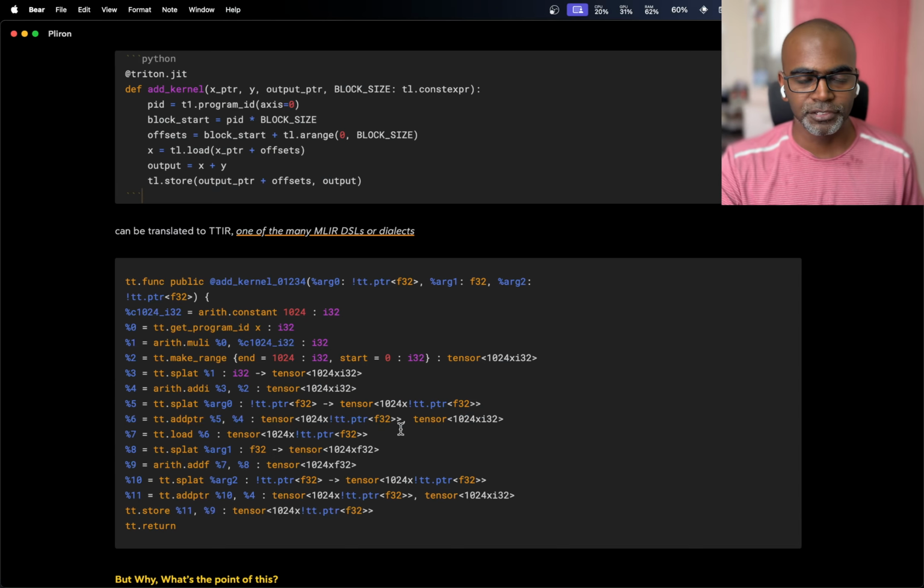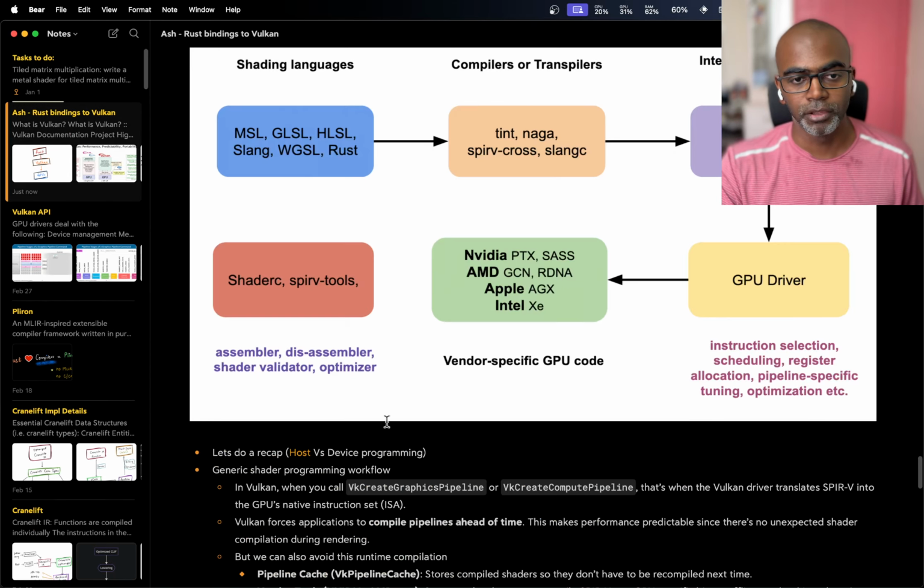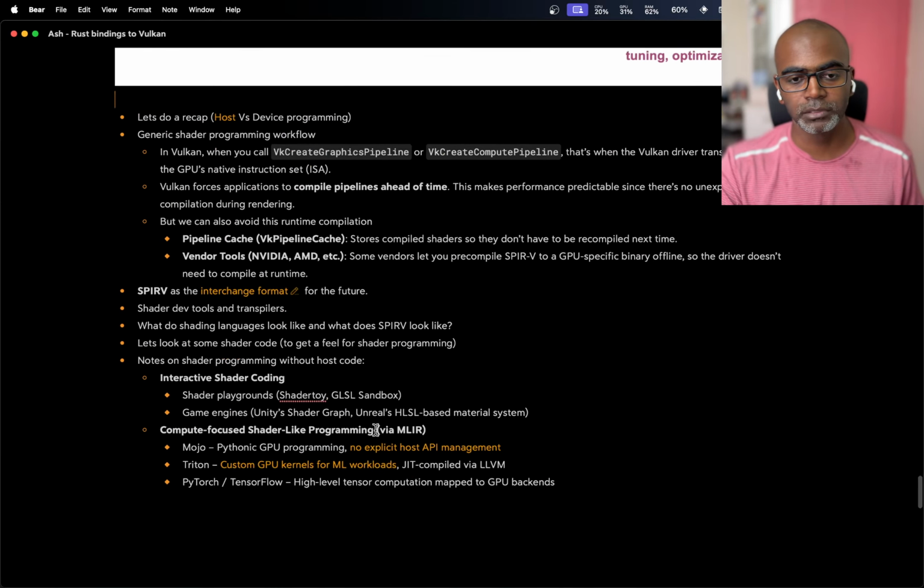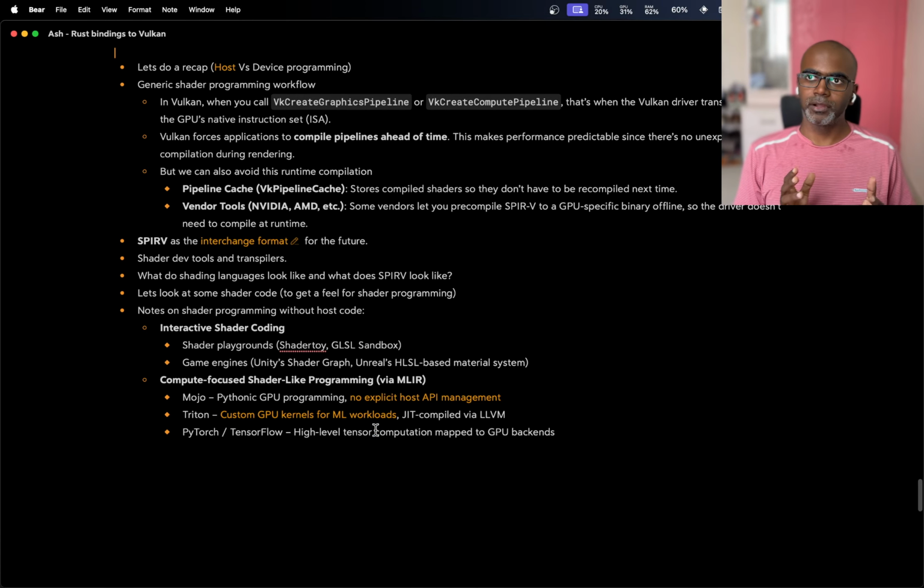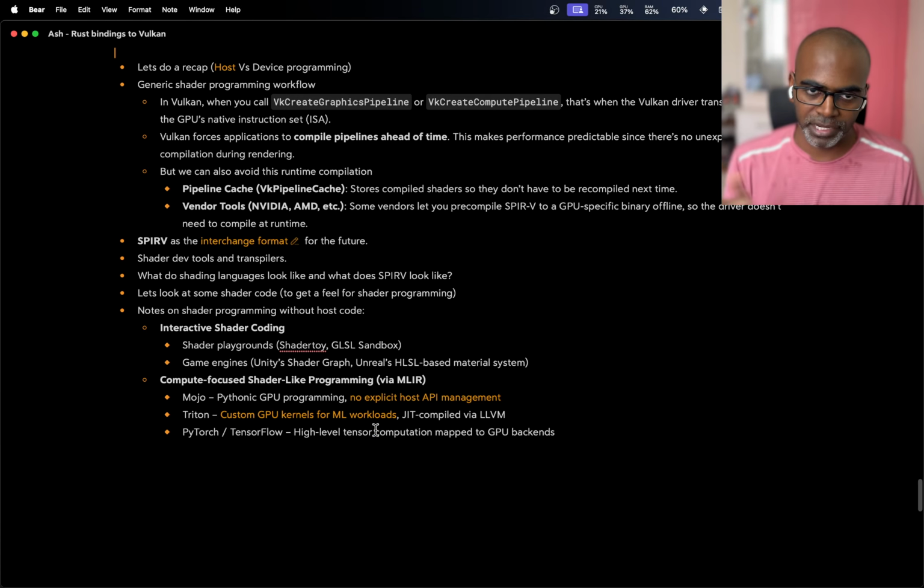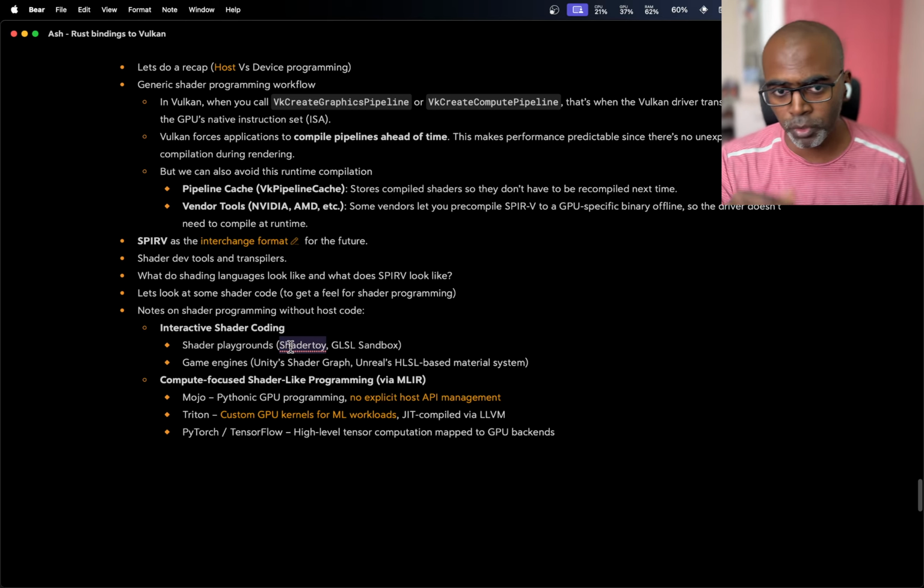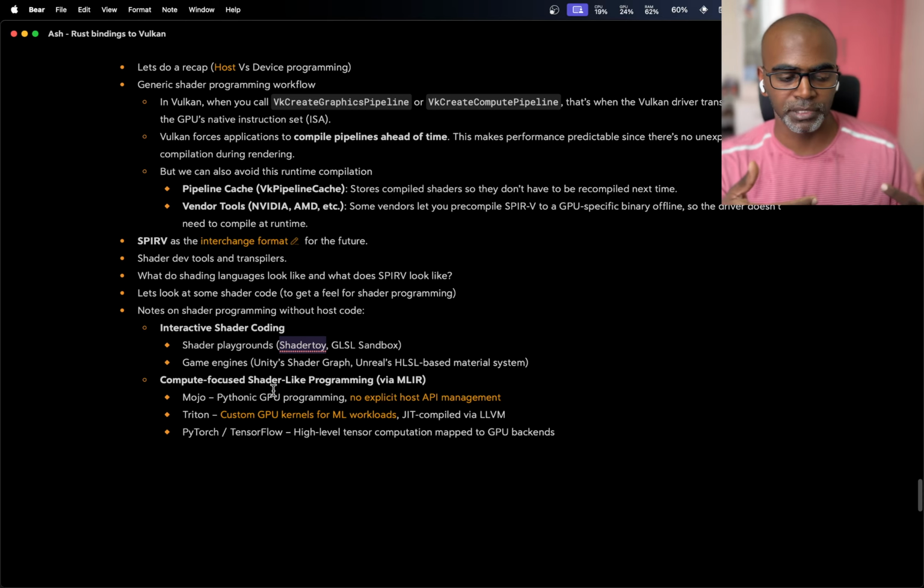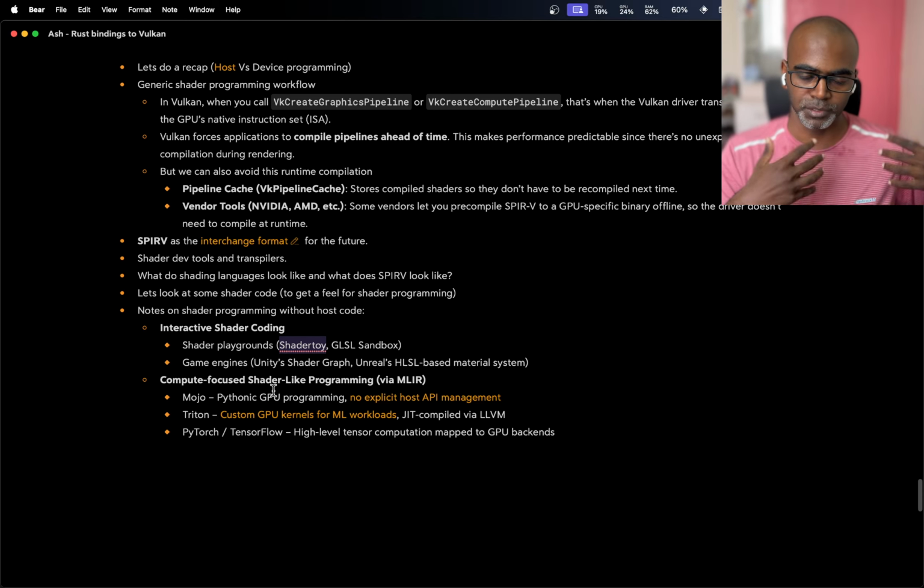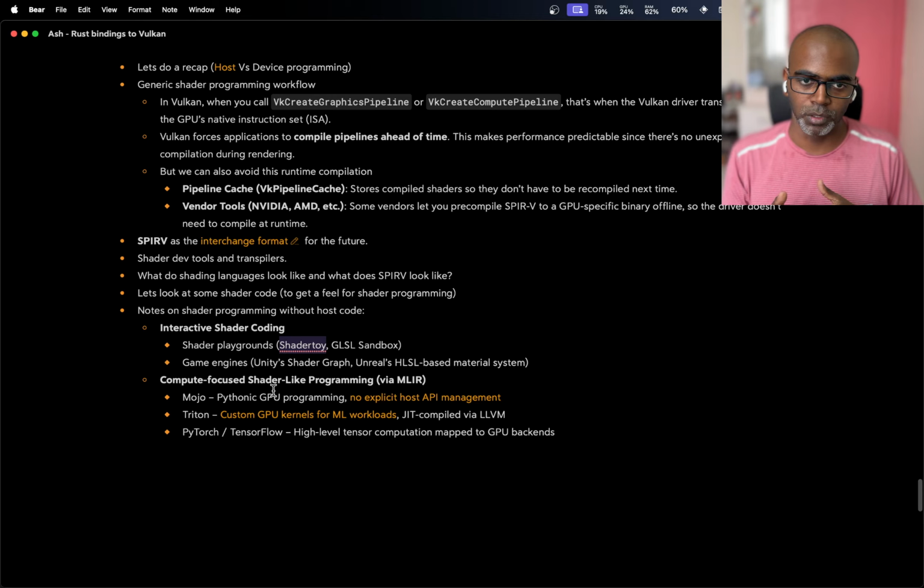So that's what you'd be seeing right now. That's the difference when we talk about your regular generic shader programming versus your compute-focused one. And if you want to do something like what Mojo does or what Triton does or what PyTorch does for the compute world, you want to see how that's done on the